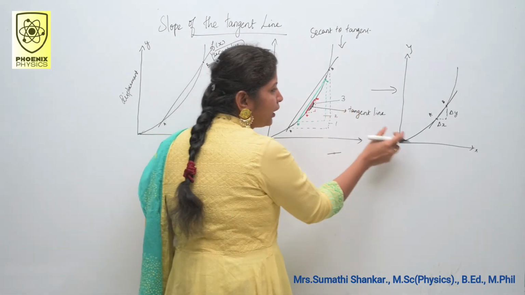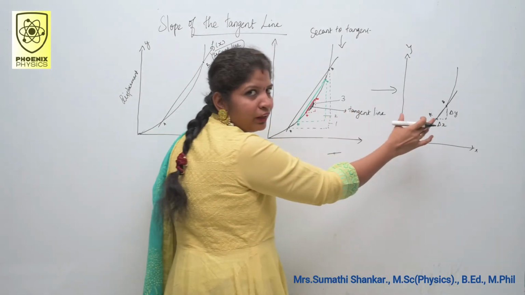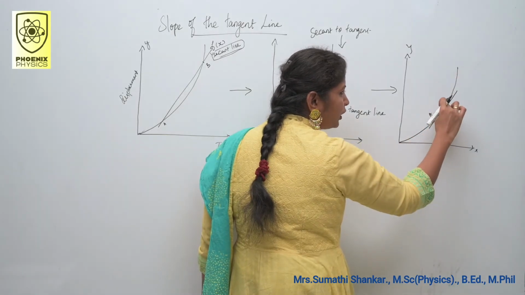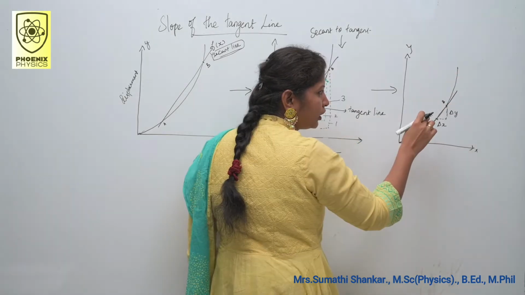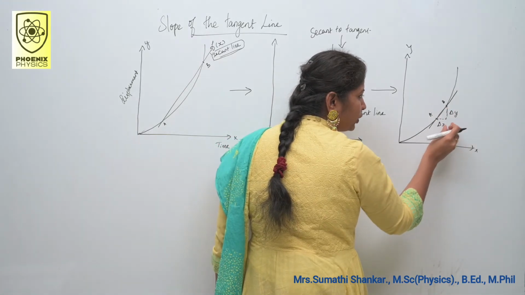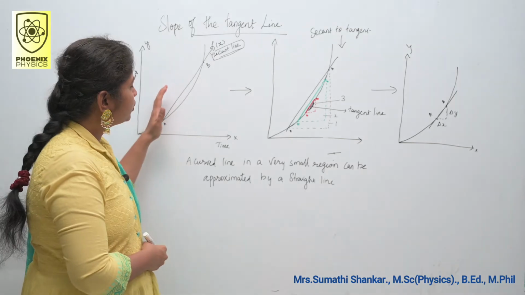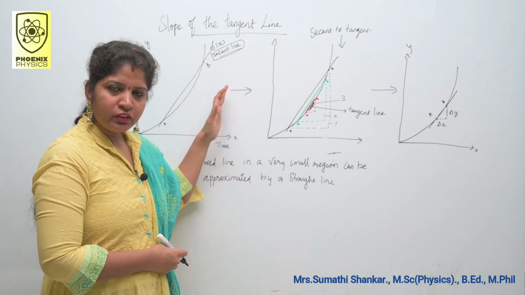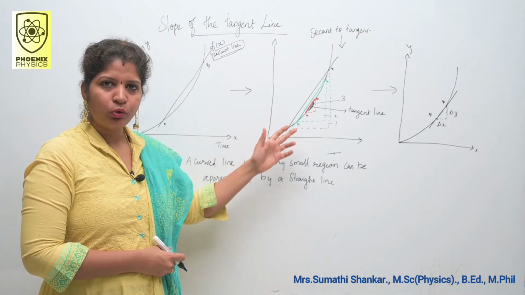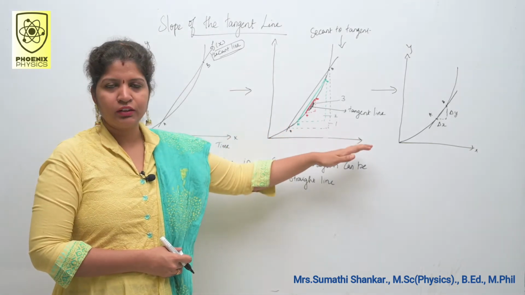So I have drawn it in a magnified manner like this. So this is my curve. I brought A and B close to each other. I have drawn one tangent line. This is my slope, delta y by delta x. Initially we got only a secant line. If you reduce the distance between the 2 points, you can get the tangent line.